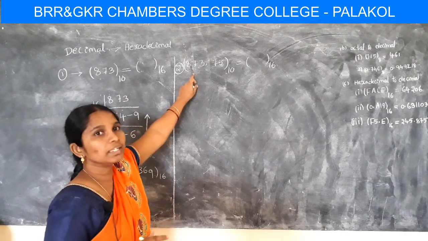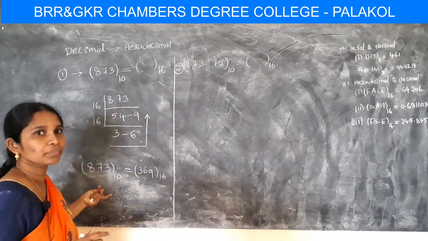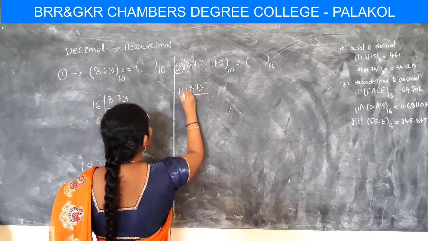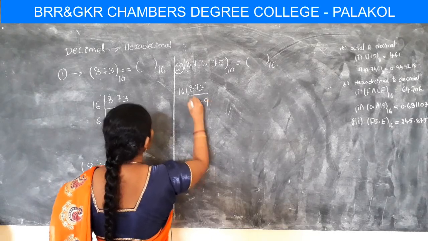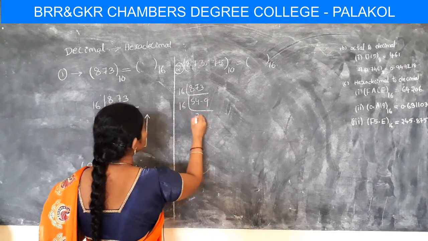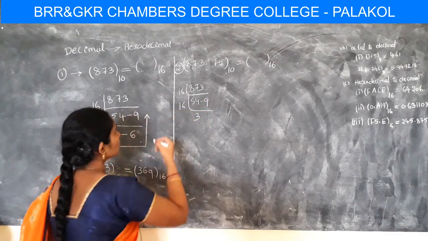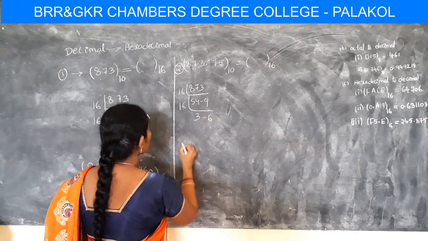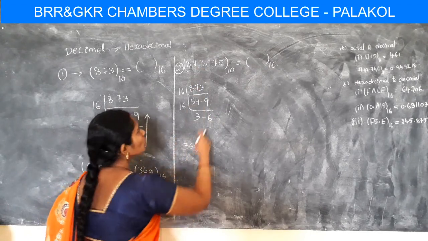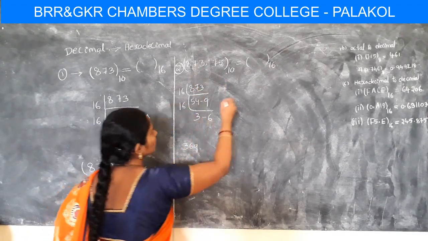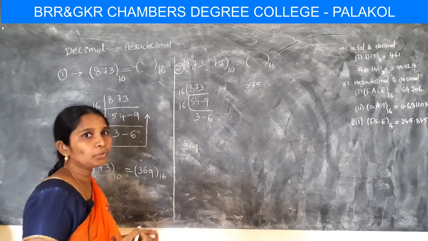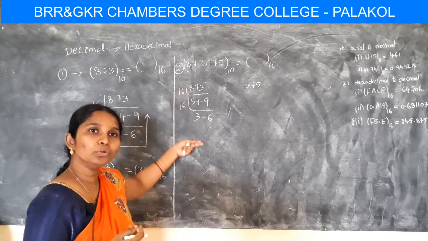For the integer part we do the operation the same as before. The integer part 873 is divided by 16, giving 54, remainder 9, and again dividing 54 by 16, 3 16s are 48, so the remainder is 6. Therefore the answer is 369 for the integer part. Coming to the fractional part, the fractional part is 0.75.